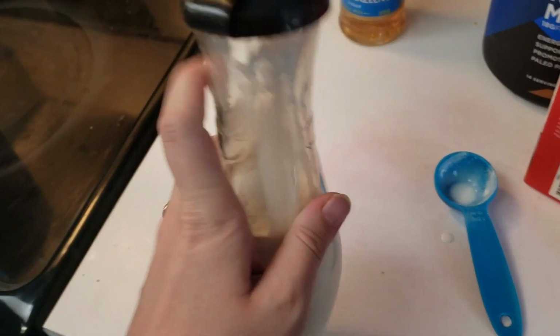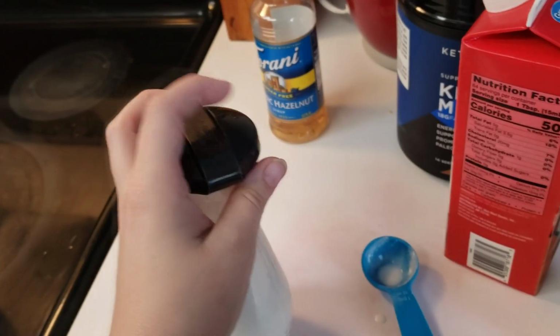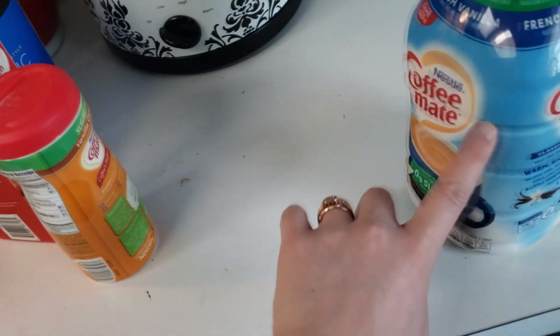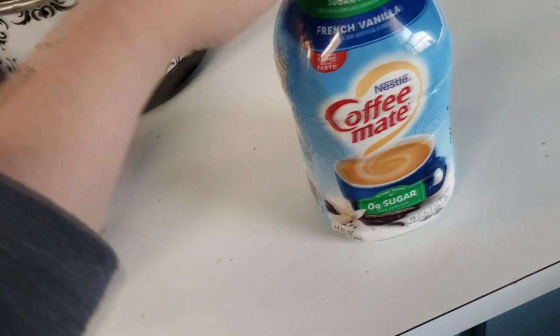Alright, so I put everything in here. This is actually a salad dressing maker, and you just shake it. And I don't put a lot of the powder in it, but I ended up doing 2 tablespoons of the French vanilla. So that's serving size wise. This whole thing